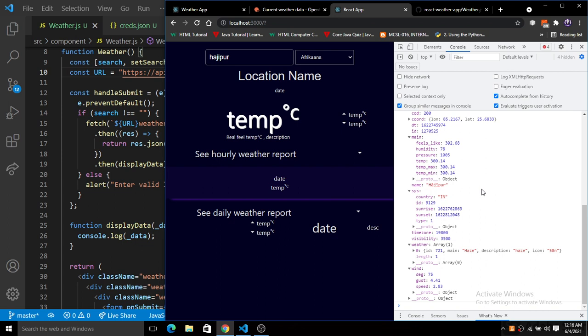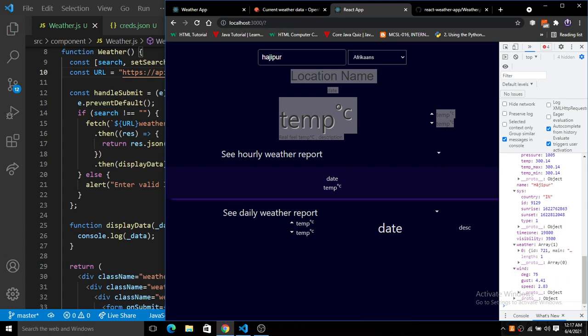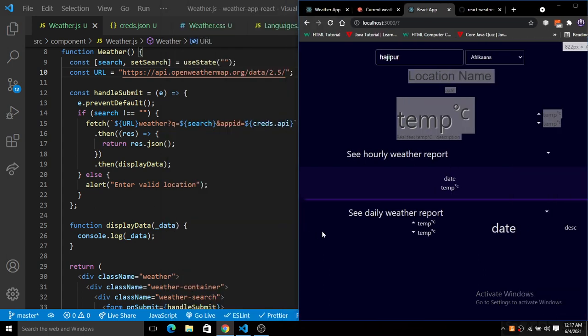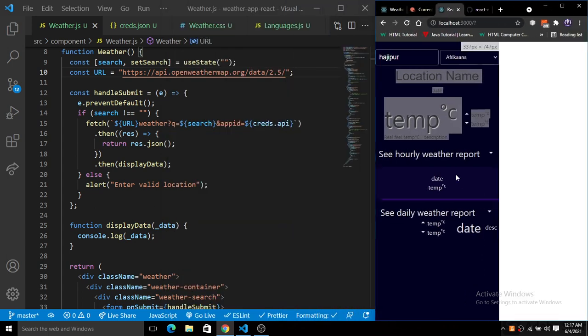So our main priority is to show the current weather here, right? We just want to show the current weather directly here, and then put the hourly weather here and the daily weather here. So let's grab this thing and put the whole thing there also. How will we do this? It is very easy. Here we have these things.